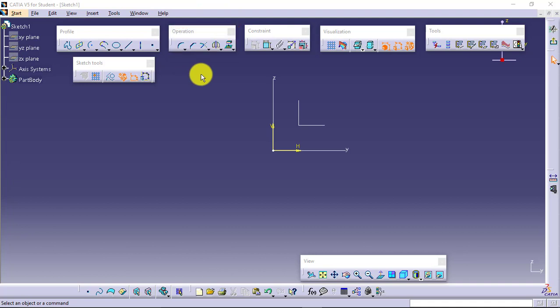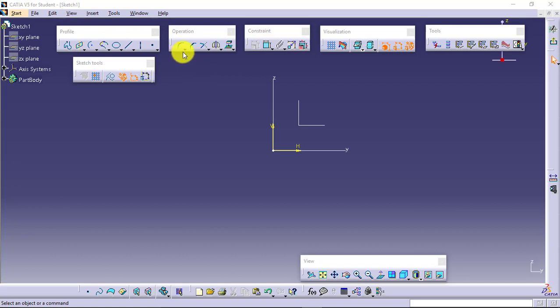In this toolbar we have tools for applying fillets or corners, and chamfers. We have some tools for trimming or editing the entities. We have some transformation tools by which we can move or copy the objects we have created. Then we also have some tools for projecting the sketches, which will be helpful while creating the feature based models which we will be creating in the part design environment.